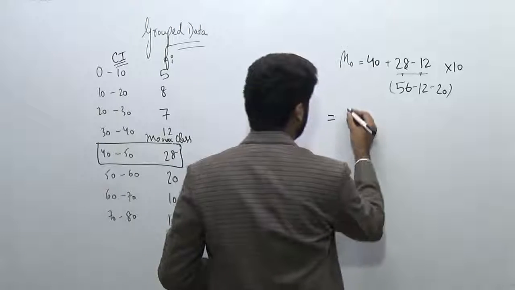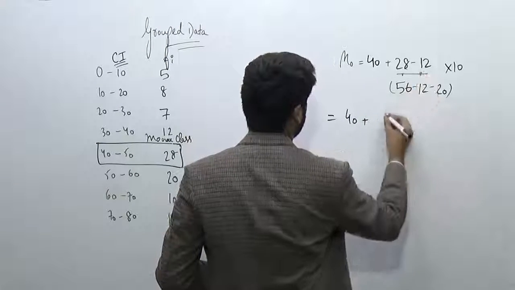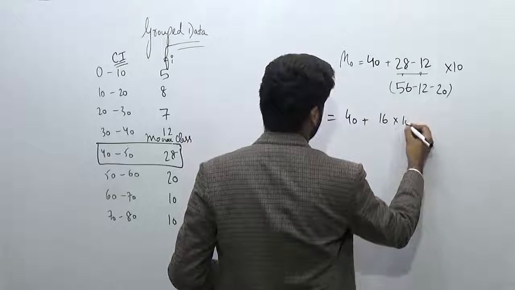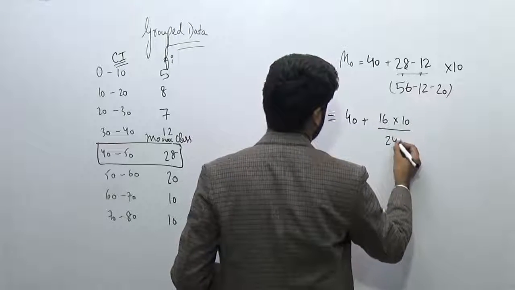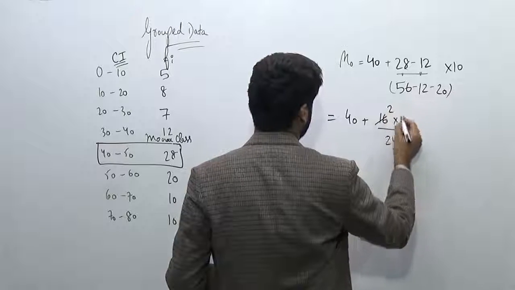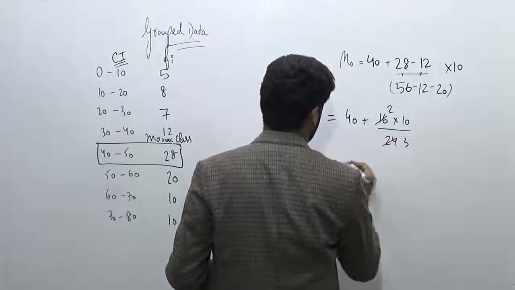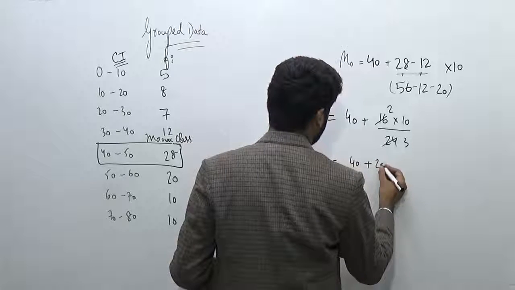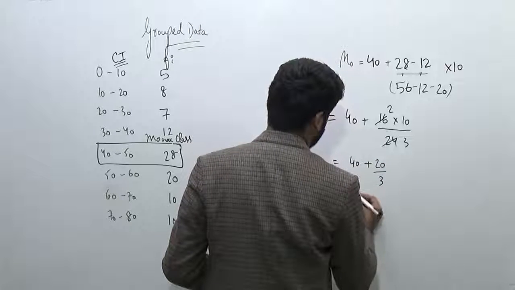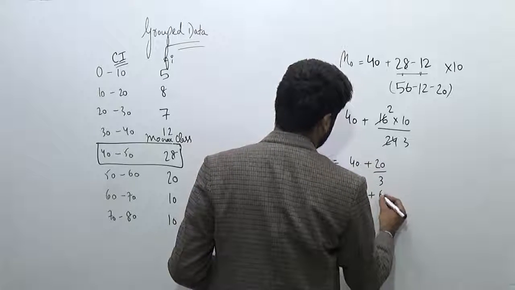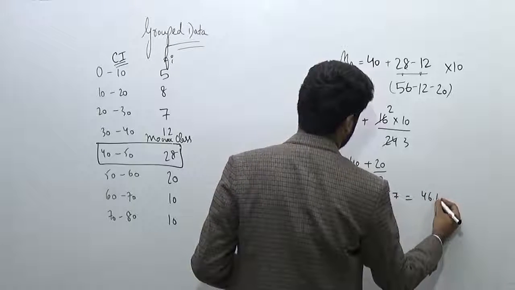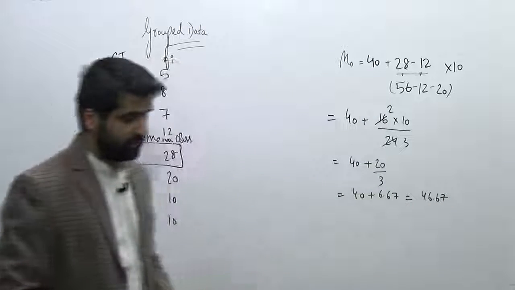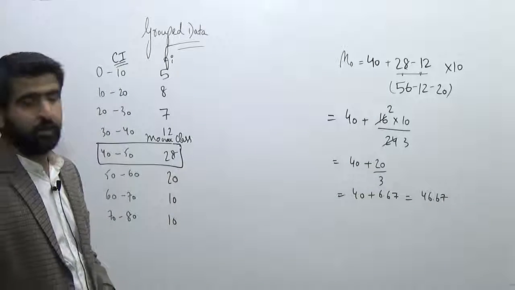So this gives us 40 plus 16 into 10 divided by 44 minus 24. So this gives us 40 plus 20 upon 3, which is 40 plus 6.67, equal to 46.67. So this will be the value of the mode. So that's how we